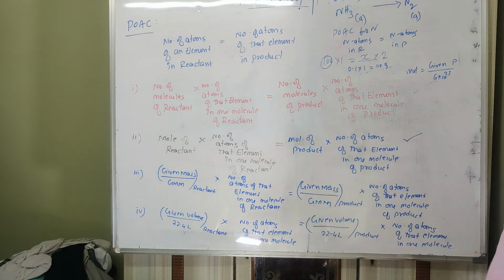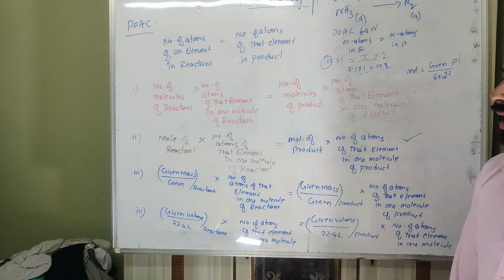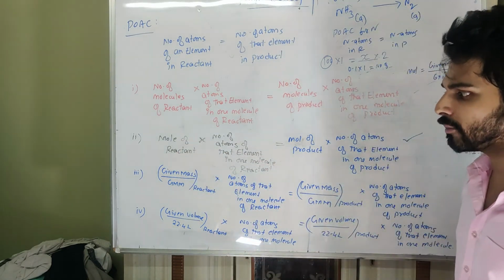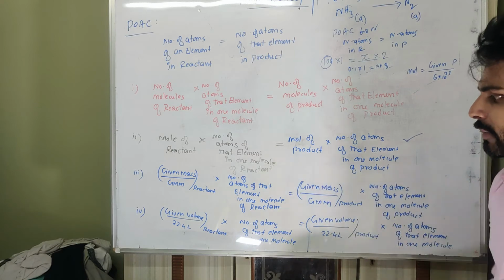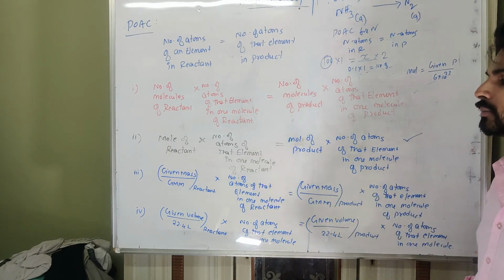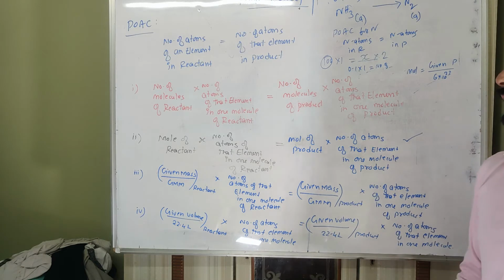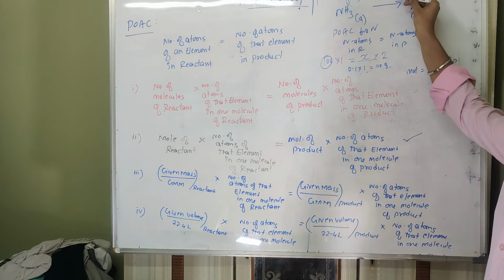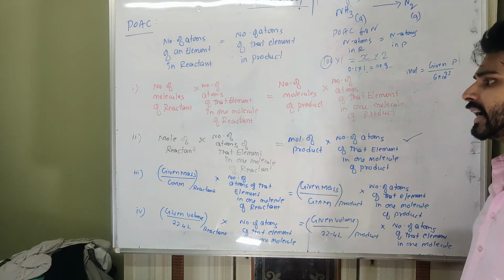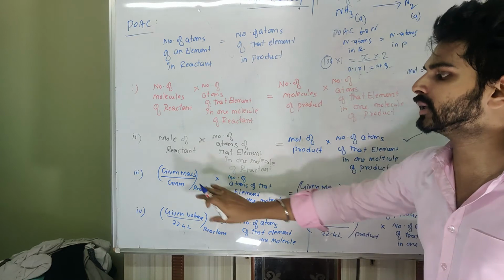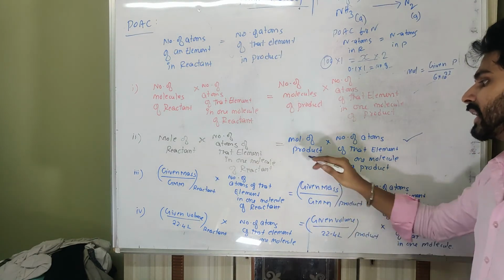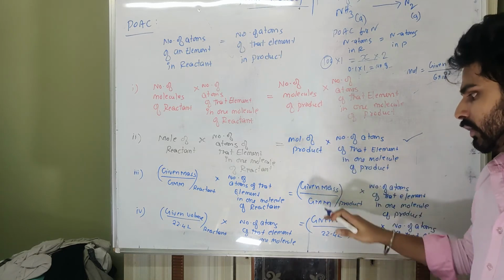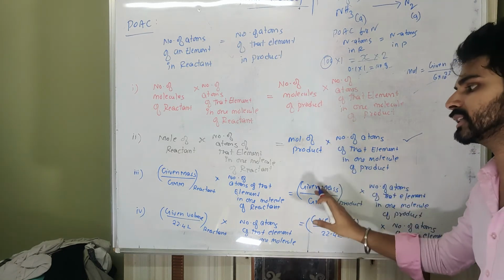And we know mole can be written as given mass upon molecular mass or gram molecular mass. So I have rewritten mole as given mass upon gram molecular mass of the reactant, and here also given mass upon gram molecular mass. Question can be like, let us say 10 gram of ammonia reacts to give dash moles of nitrogen. In that case, LHS can be kept in terms of given mass upon gram molecular mass and the product can be kept as mole. Here nothing to worry. Why? Because mole is equal to given mass upon molecular mass. You can keep this as mole, no problem.